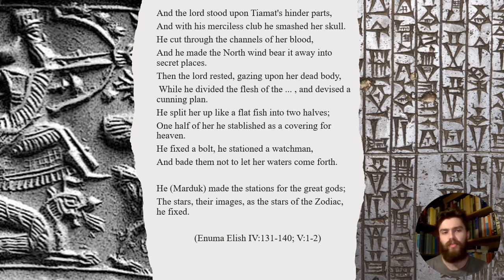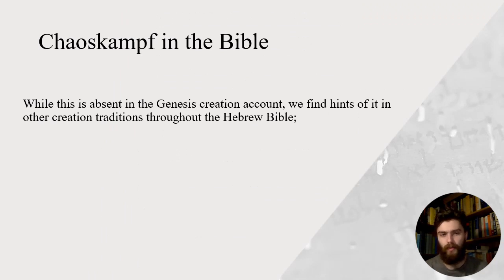So when we read this, initially we would probably be stretched to think of examples of this in the Bible. We wouldn't normally associate it with the language of Genesis 1. Genesis 1 definitely doesn't communicate in this way. But what's interesting is that even though it's absent in Genesis, we do find hints of it in other creation traditions throughout the Hebrew Bible. And when we speak of other creation traditions here, what we mean is simply other iterations or mythical forms that have been retained in wisdom literature or psalms, poetry, and prophetic literature that relate to Genesis 1, but have almost a prophetic or poetic retelling of the events.